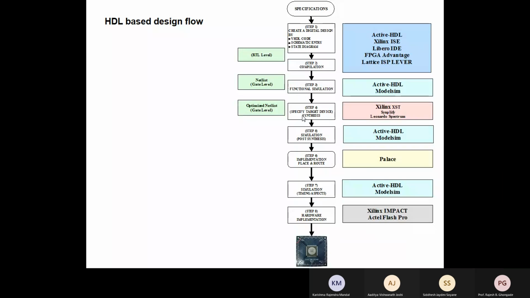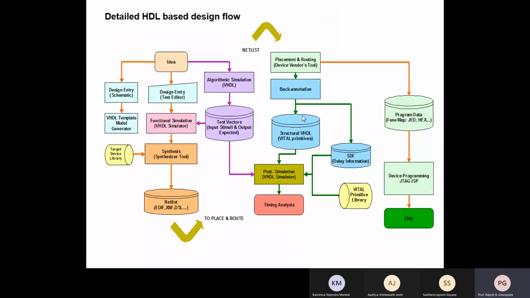Then you have some implementation tools which are built into Xilinx. So Xilinx has now come out with everything on the right hand side, right up to the hardware implementation, that is, flashing the device with your design. This is a more detailed version. Just have a look at it.